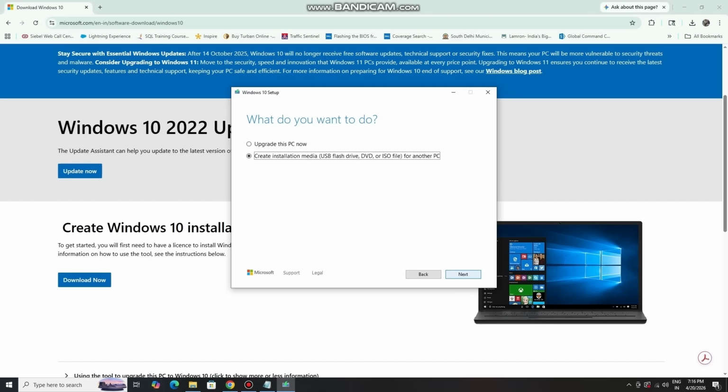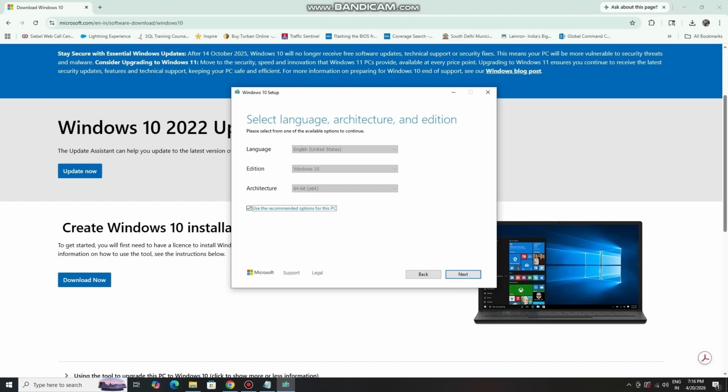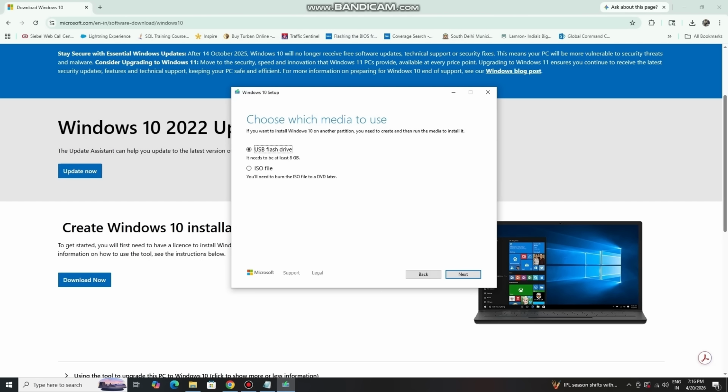But obviously, we will not be making a bootable media because all we need is an ISO file. The USB flash drive option is the one that helps you make a bootable media to reinstall Windows, but that will wipe off the data and the programs, which is why we go with the ISO file. We go next,